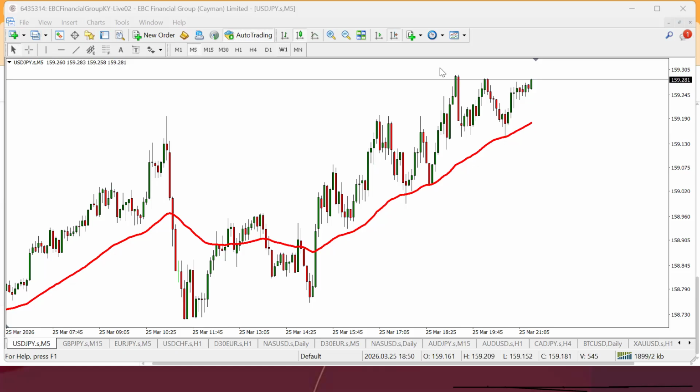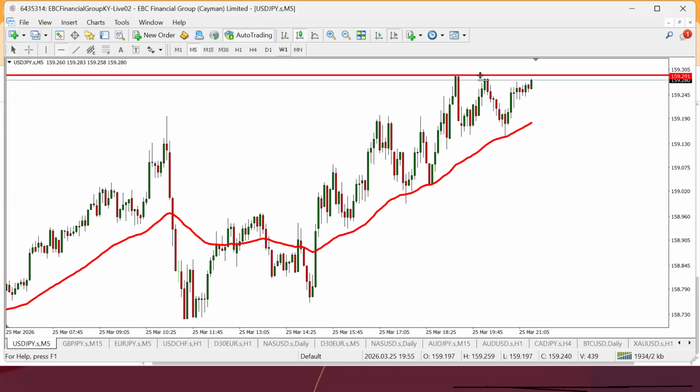Now, I want to buy. Where do I buy? That's the question now. This is already happening, but we're just going to take notes. The highest place that price got to was this place before this movement to the downside, and you can see it's approaching that place right now. So let's mark that place. Why is this important? Because if price is going to continue in this buy, it has to take out this zone. It has to break 159.291.